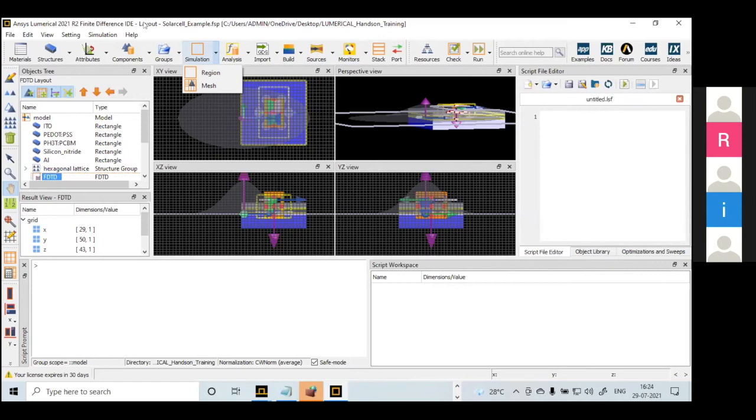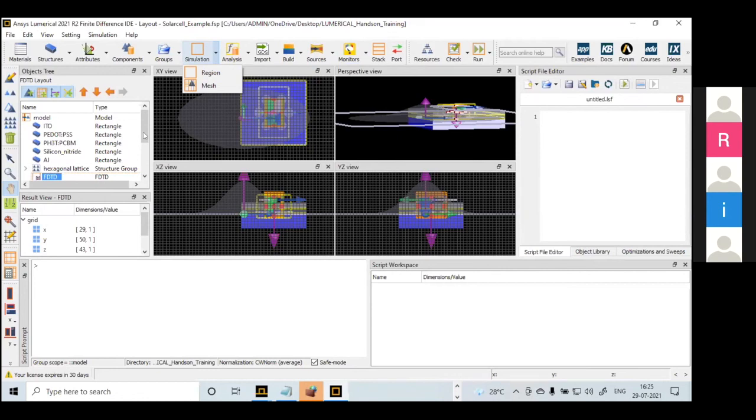But only in that first one, whatever I have shown, there you can select the solver either FDE, EME, or one more solver, any one of the three you can choose. So at that time you can't choose it, right? At that time, I have not tried it, but that option won't be there.